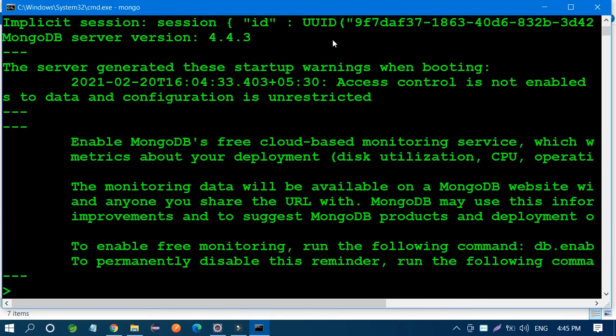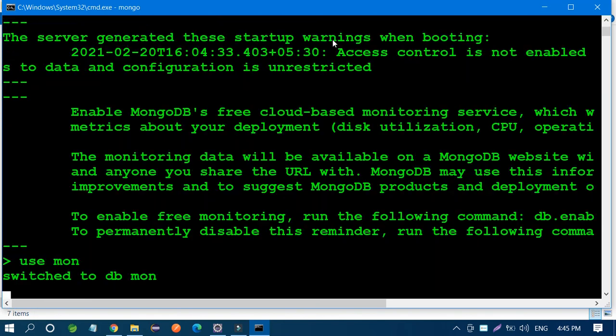Now you have to switch: use mon, which is the database you are creating with your project, and just find product, because by default the collection name is whatever you are inserting, it will give you.